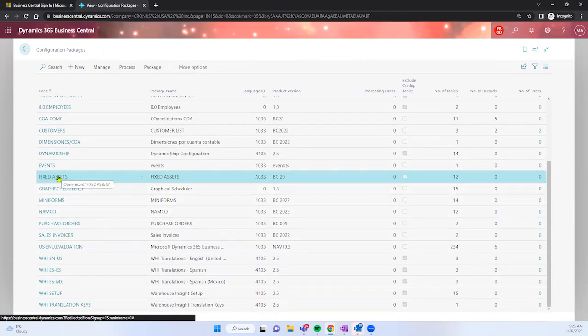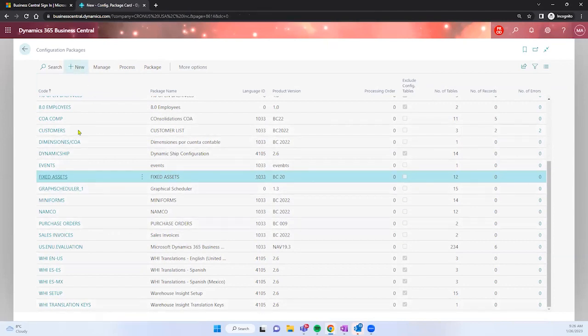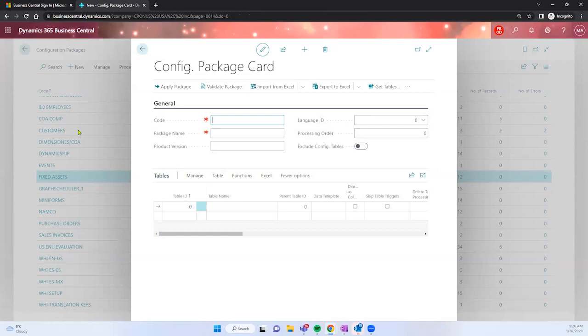What is happening here? Well, I will create a new package with this concept. I have a lot of different imported transactions, all of them that you can see here, and I'm going to start from scratch. This is a package that helps me import information from Excel, and let's just take a look at some of the fixed asset